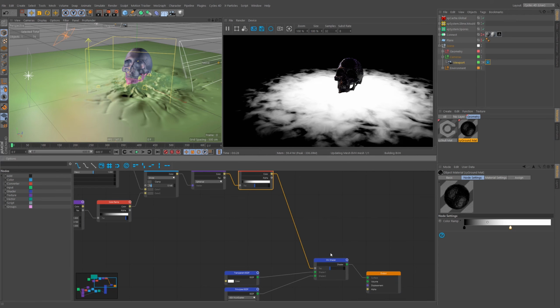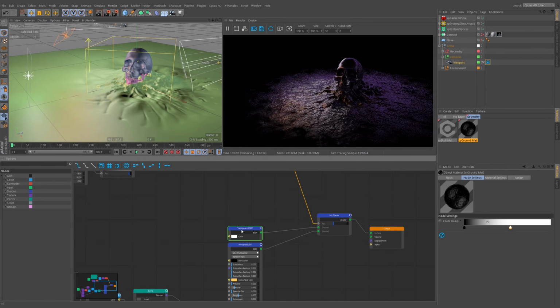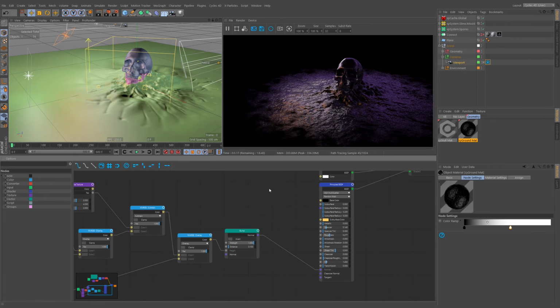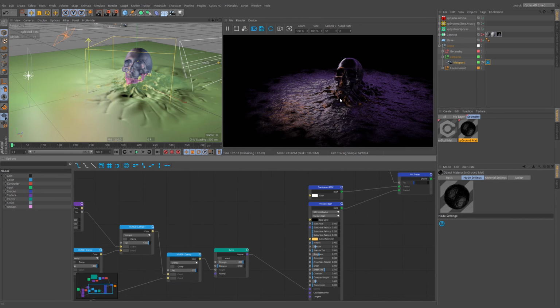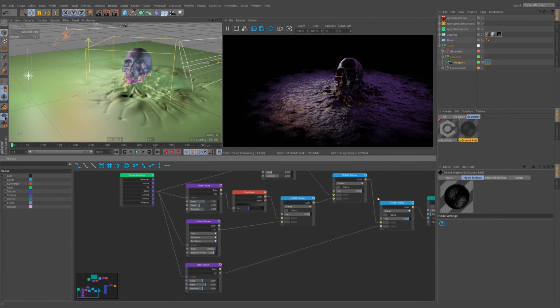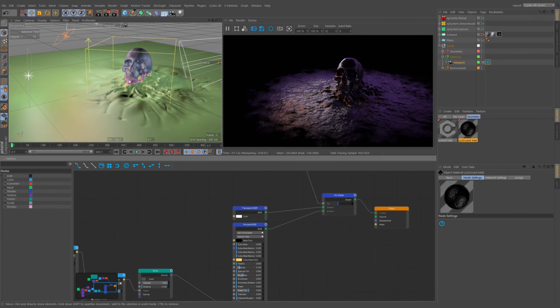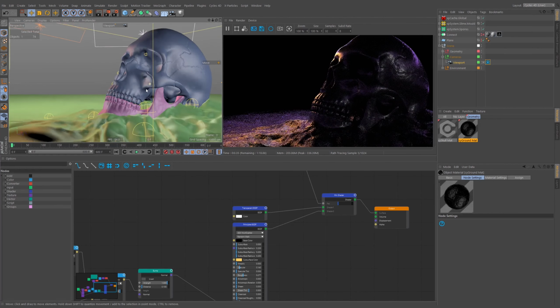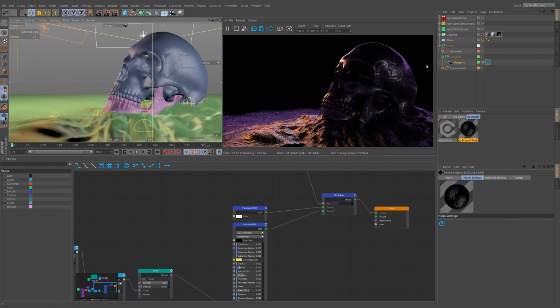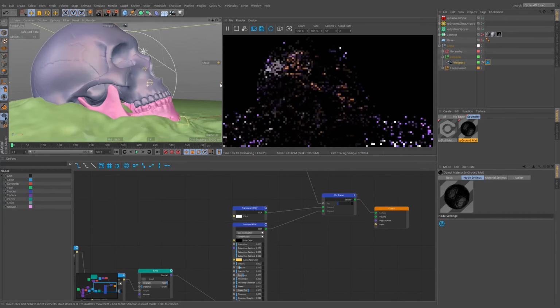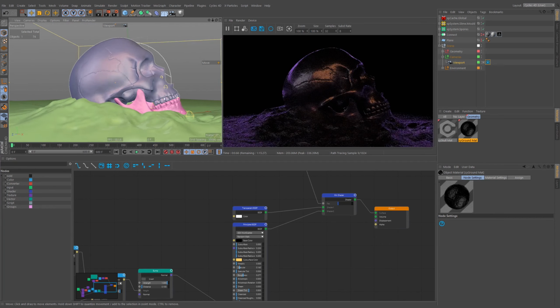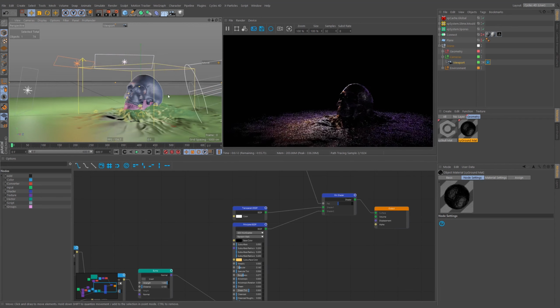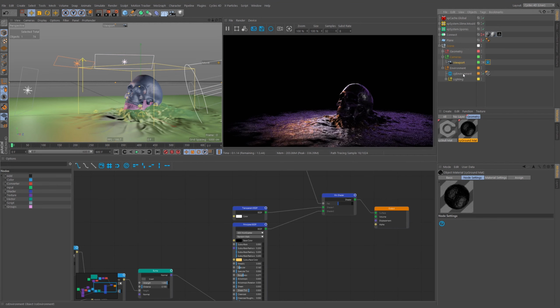And the mix is actually just mixing a transparent BSDF with our principled. The principled is similar to our skull material with a few more noises in it, sort of fine noises, that kind of thing. You can explore these if you like. If not, they're here and ready to go if you need them. You could change these materials out for anything you want, to be honest. I quite like this dark sort of look. I'm also, just to show you what I'm doing for the lighting, that purple sort of tint there is actually